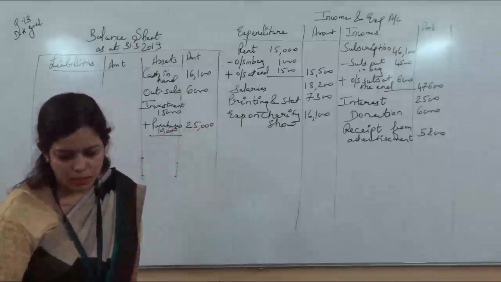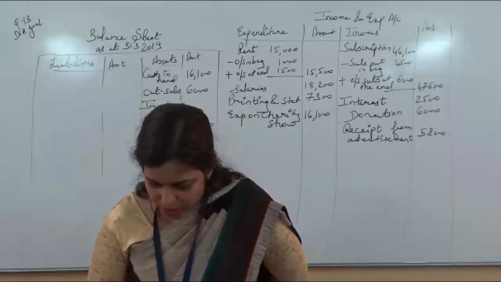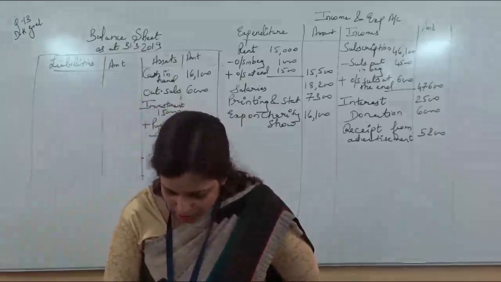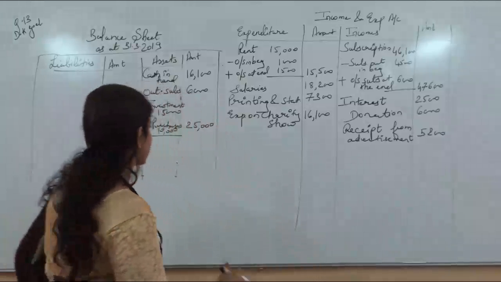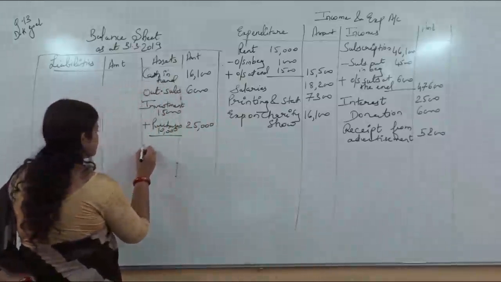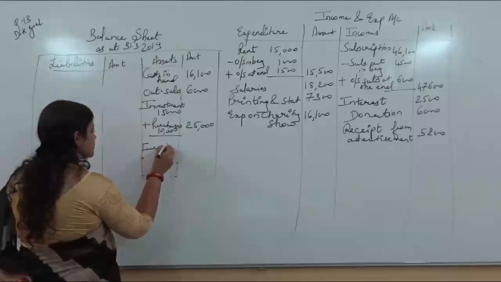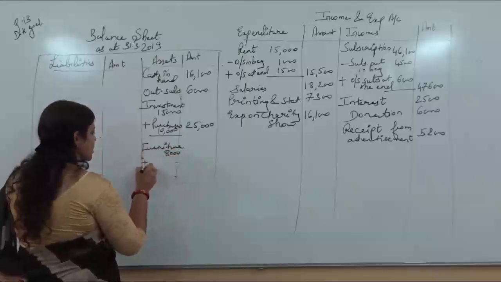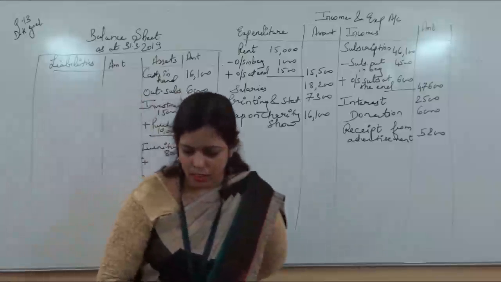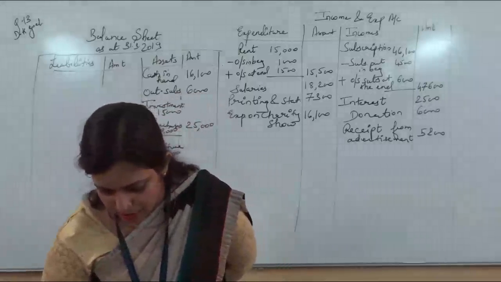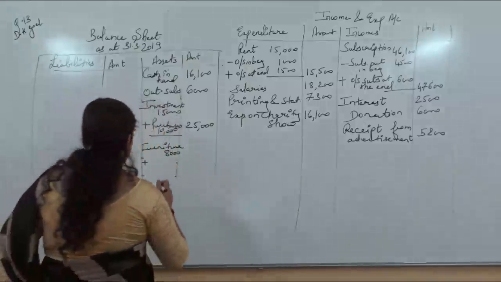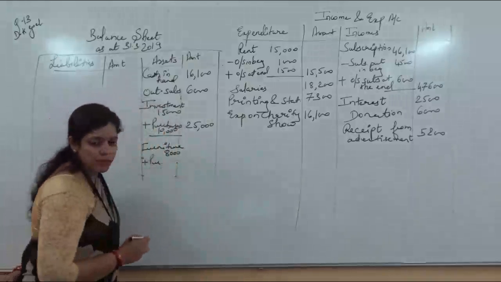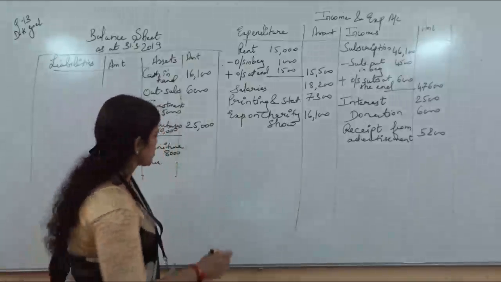Okay, like this. Then next let us take the furniture. The basic value of the furniture in the previous old balance sheet was 8,000. It was 8,000 plus some purchases were there. How much purchases were there? Furniture was purchased during the current year. Purchases, PUR dot, I am writing. How much purchase was done? 6,000.